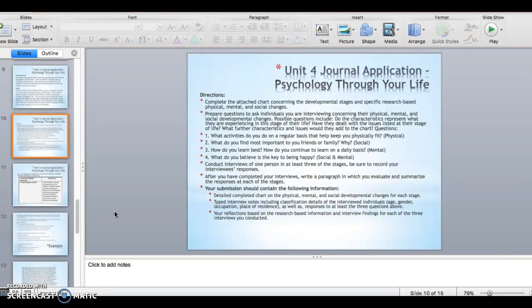How do you learn best? How do you continue to learn on a daily basis? That's the mental aspect. What do you believe is key to happiness? That's both social and mental. You don't have to write the person's name. I don't need to know their name. You could just put something like adult I interviewed, and put down what stage they're at in life,